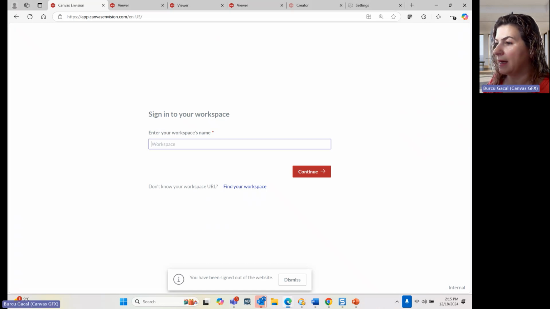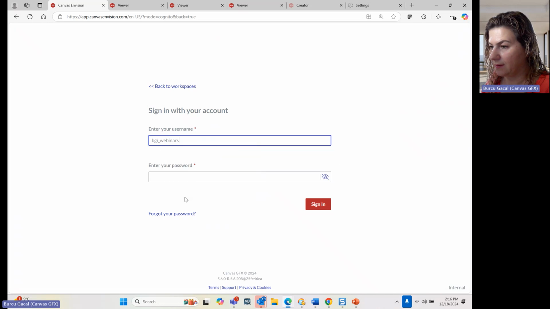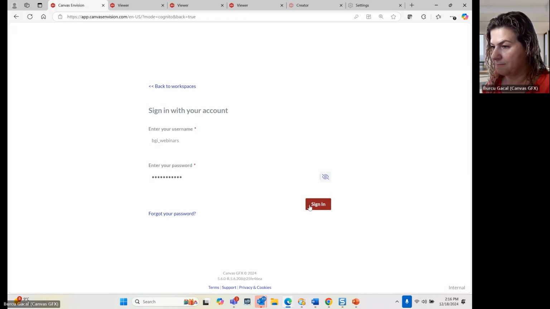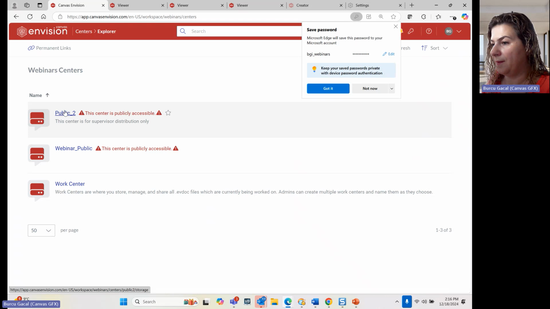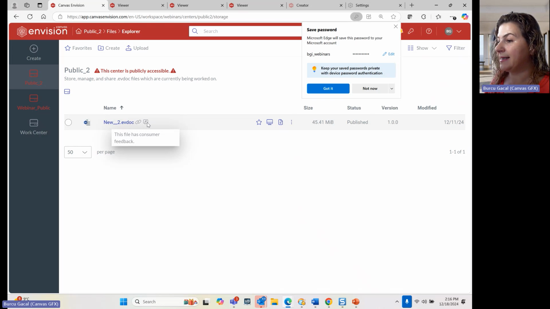Okay. So let's log in to the same workspace as a creator. I'm going to go ahead and log in as a creator user. And then I will go to that public center that I have my documentation. As you guys can see, that document in here now has a notification that this file has a consumer